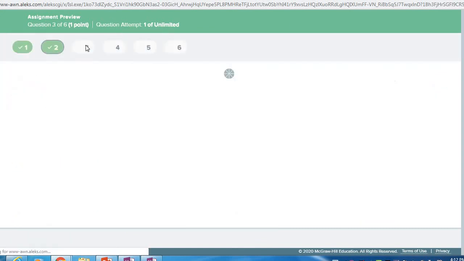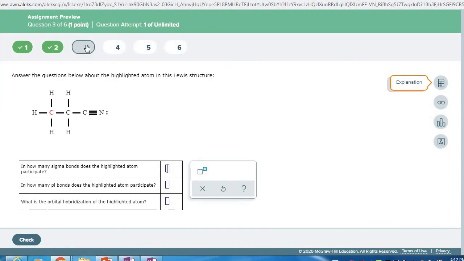Let's just answer quickly a few more of these right here. It's asking us about this carbon right here. We see that we have 1, 2, 3, 4 sigma bonds surrounding that carbon, so I'm going to put 4. There are no pi bonds, and when I form those 4 hybrid orbitals, that's going to be sp3 hybridization. We'll go ahead and check that,